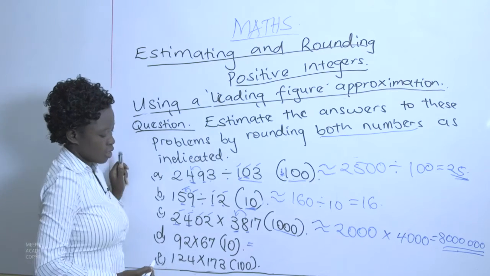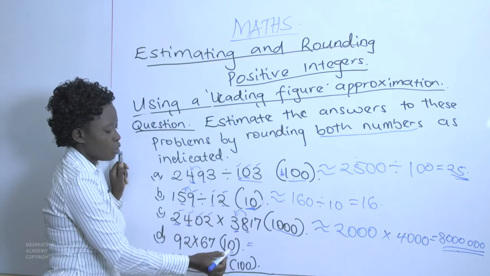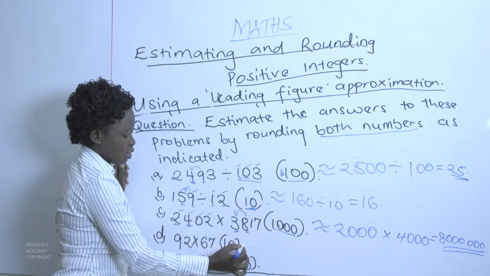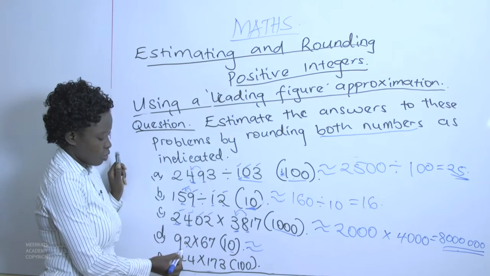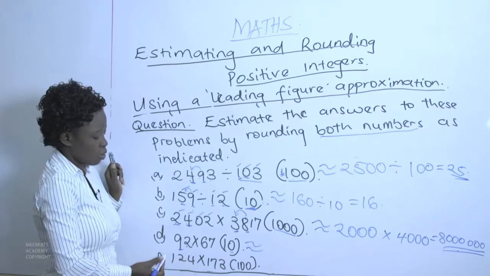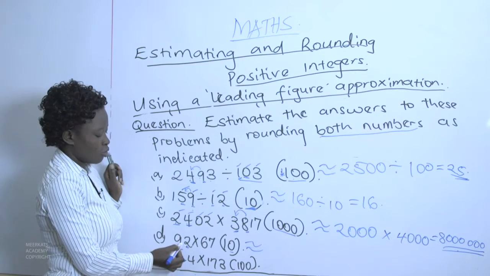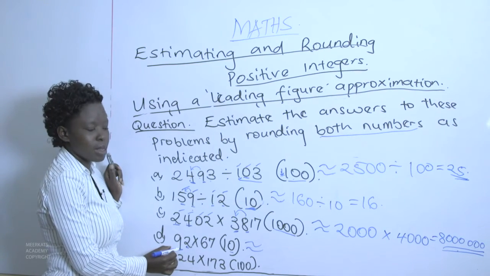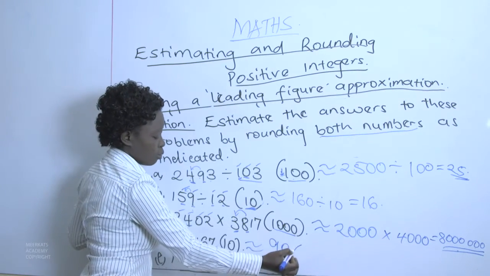Next, we have 92 times 67. We are rounding to the nearest 10. So this means we have ones, tens, so this is the digit in the tens place value. 2 is less than 5. So being less than 5, it means it rounds our number down so that we are getting 90 multiplied